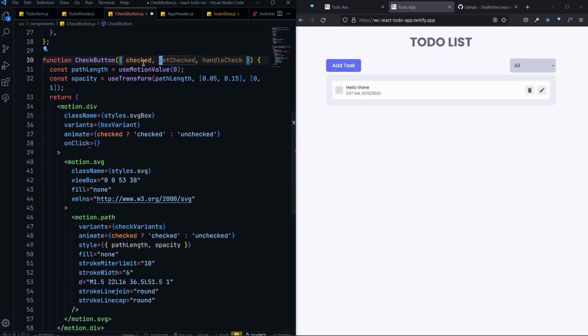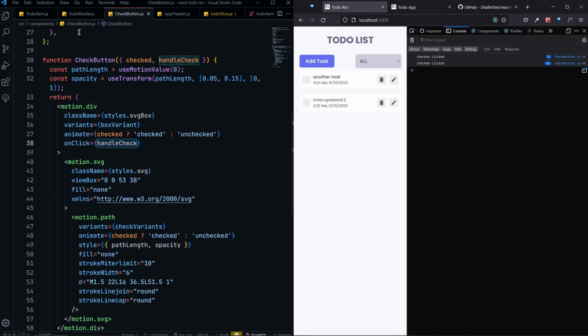And also we can remove this set checked because we do not need that anymore. So we will need these checked and handle check, and whenever we click on this div, we will call this handle check. So great, now we are calling our handle check whenever we click, and right now we do not have any kind of